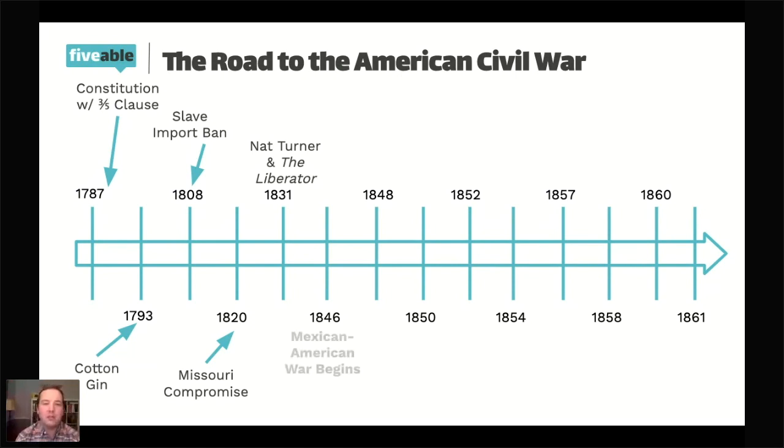We have 1846. That's the Mexican-American War. When that begins, the reason it's in bold, by the way, is because this is explicitly something that you must know according to the College Board's outline. So the Mexican-American War has a lot of effects,